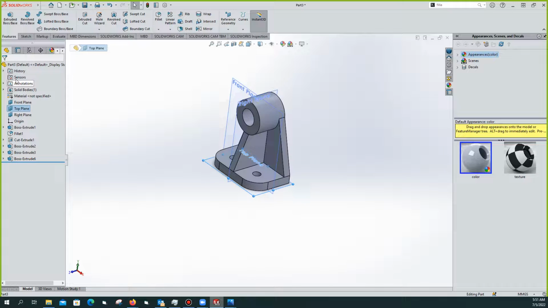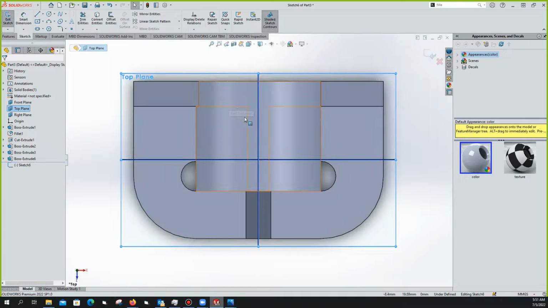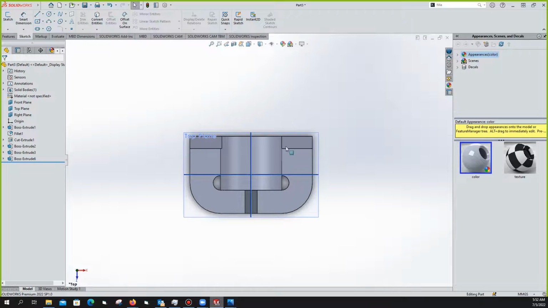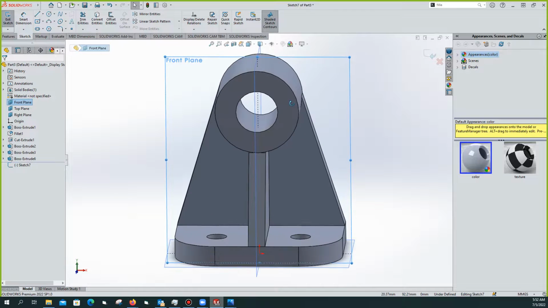So okay, we want to sketch on that plane. Oh no, I've chosen a wrong plane. I need this plane here. I sketch on this plane,